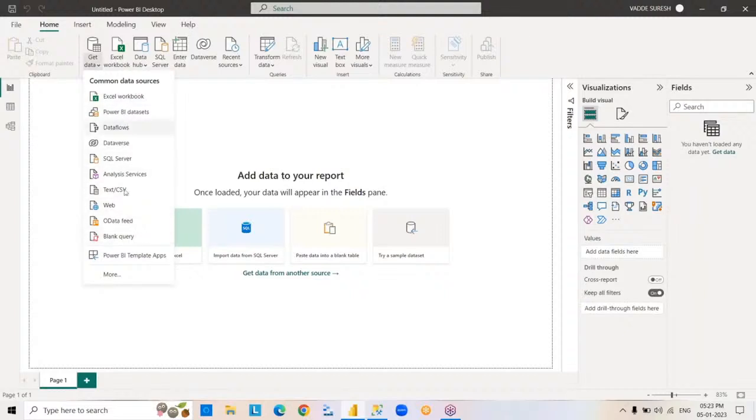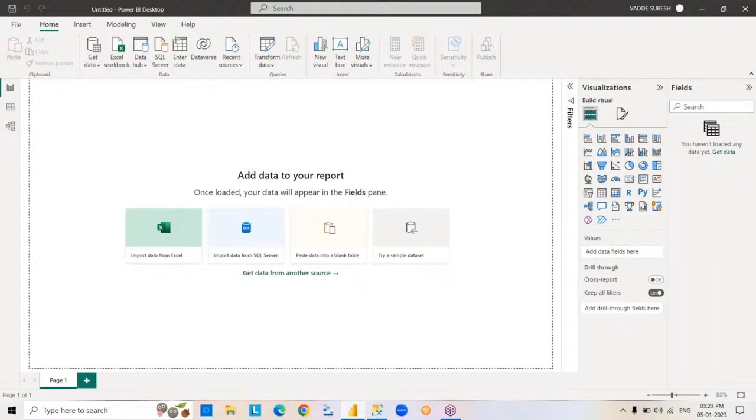So by connecting to these data sources only, we can copy data. In the same way, before going to copy data from this source, we have to